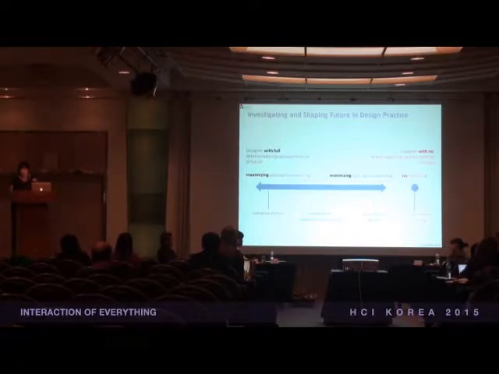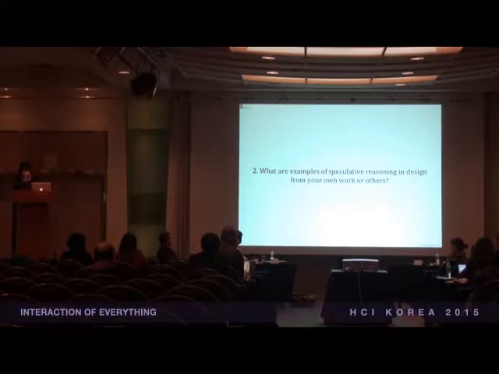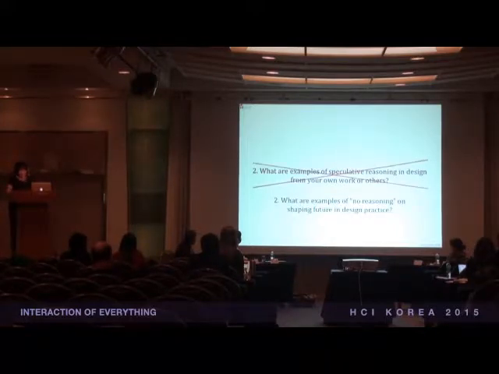So when we don't have a clear future, in a way we don't have even speculative reasoning, and designers seem to have an unclear idea of what they should be reasoning about. That brings me to the next question, which I slightly changed since I'm talking about no reasoning, that is, no speculative reasoning. So I changed it to this: what are examples of no reasoning of shaping the future in design practice?